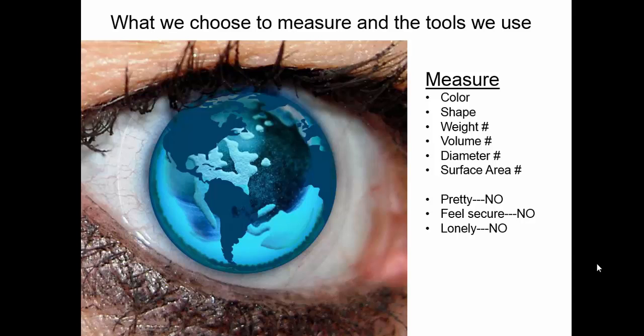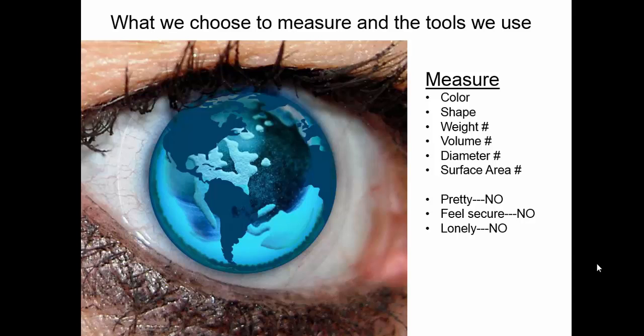You could also create a weight, and if you wanted to weigh it, you would get a number. You could measure the volume and get a number and a diameter and a surface area. All of those measurements actually are numbers, and those numbers are important because they tell you something about the object. So when you make measurements, it's informing you about the object, but it's not informing you about everything of that object. Now, also realize in science, when we make a measurement, we are restricted to values that everybody